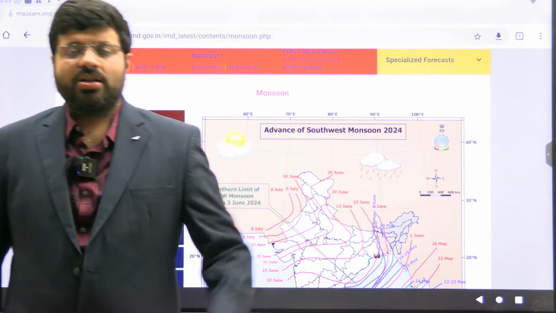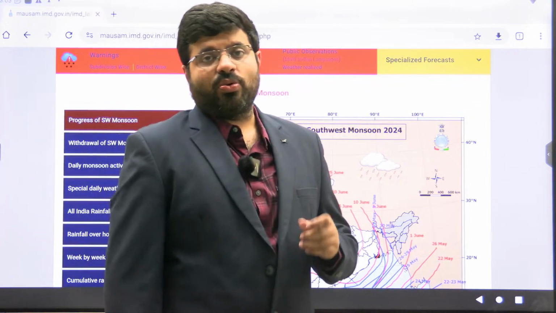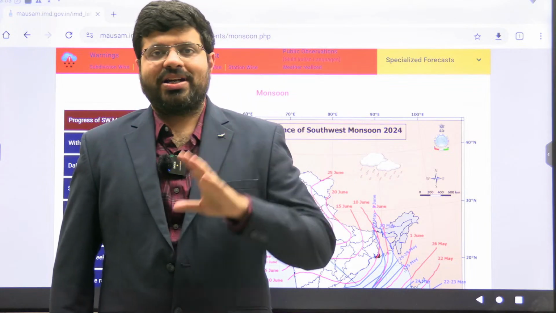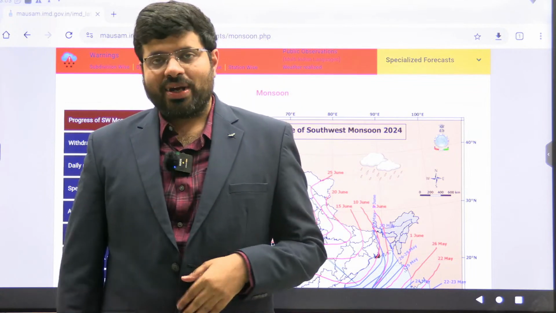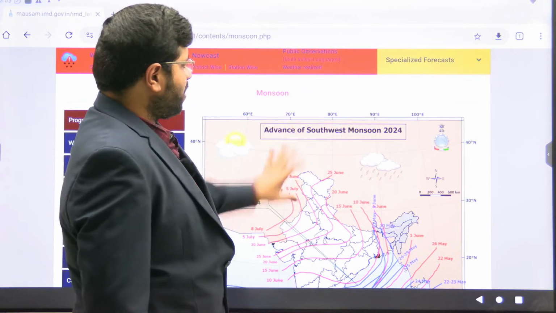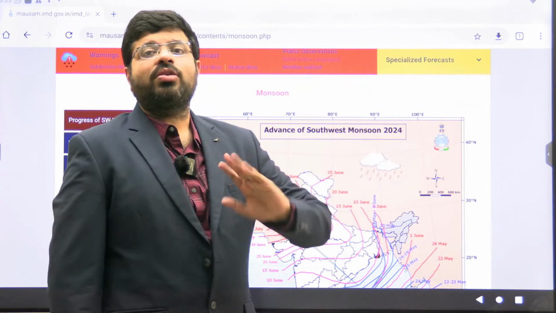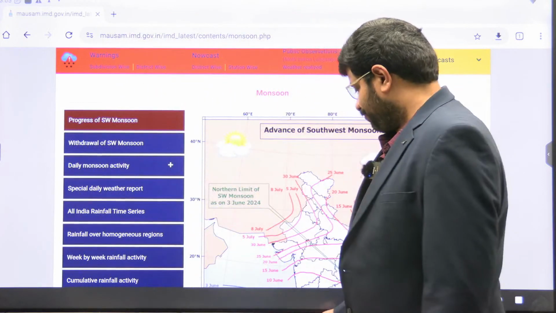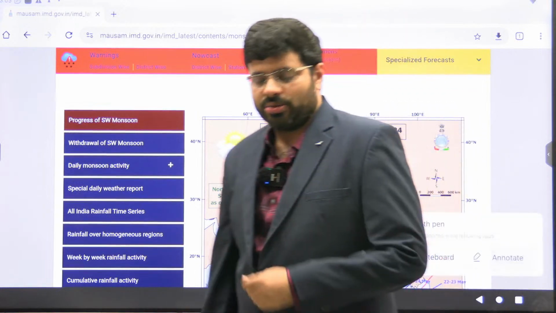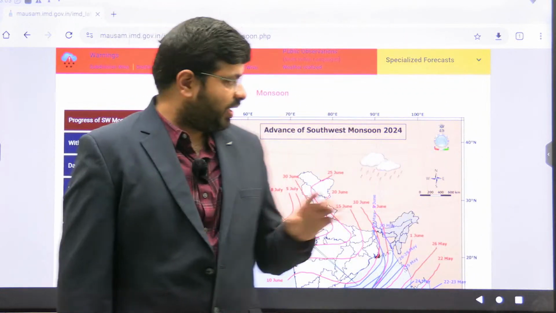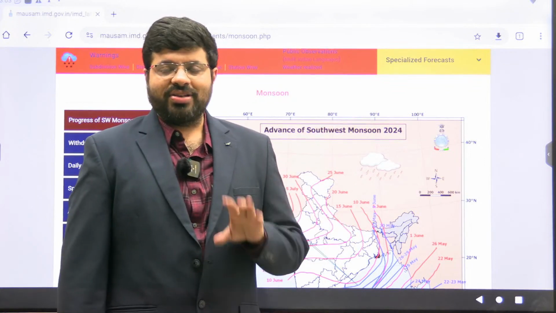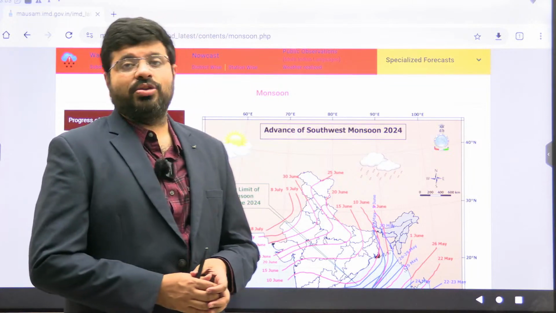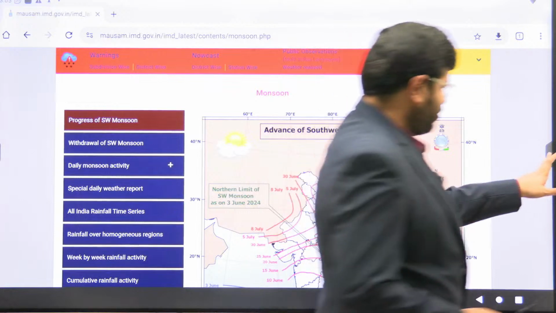So let us understand what the climatological process is and what the impact is. Before we understand all this, let us see one interesting thing from the website of the Indian Meteorological Department straight away. Then we'll go to our slides. I always tell you that you have to see authentic websites nowadays, where you'll get a wonderful understanding of the events happening around us. Technology, you have to utilize that. Now, if you see it here,